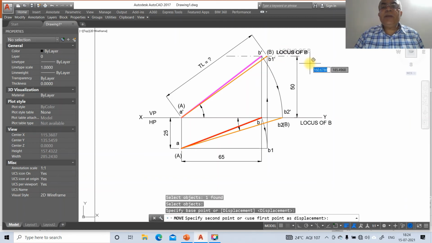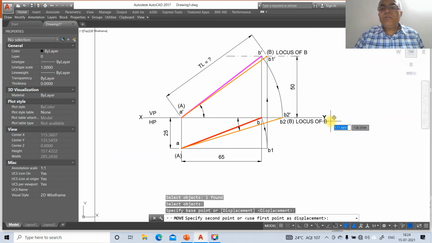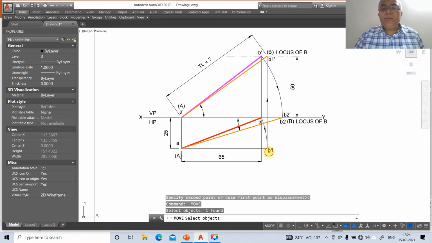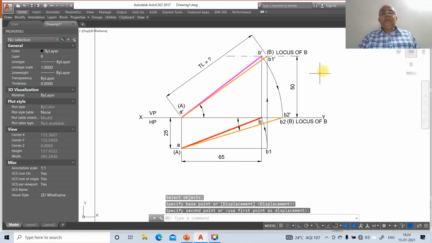So you have locus of B, you have B2 dash, you have B, take B2, then we have locus of B, then this is Y, then B here, then B1, then A, then capital A. So this is how you will be able to get this drawing.